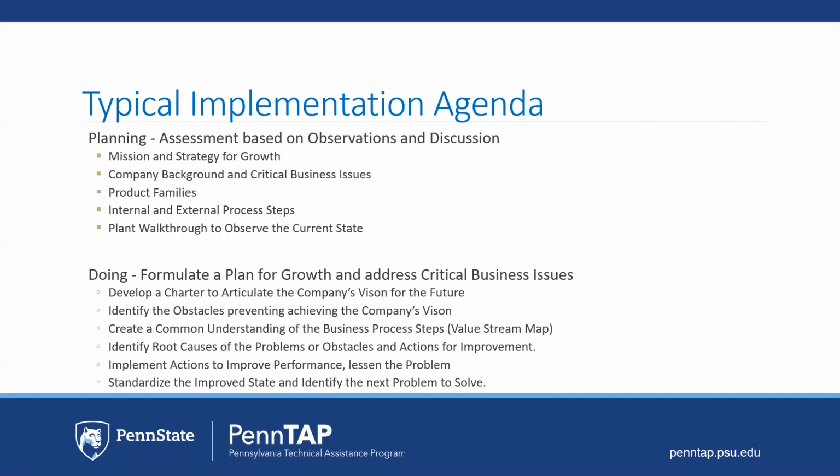After we do that, we're going to ask to develop a charter. And that is basically formulating what is your plan for growth and how are you addressing your critical business issues. And part of the reason for doing both of these items is for us to get a little bit of a high-level view of your company and how you want to run your business. And then secondly, to help identify how we could move forward,